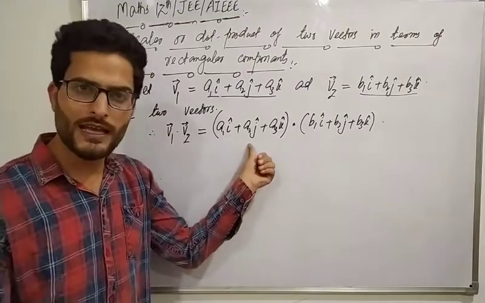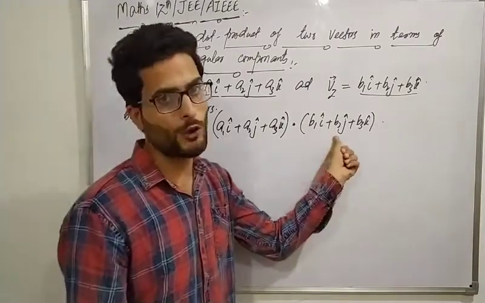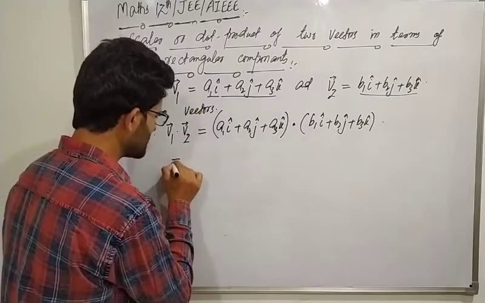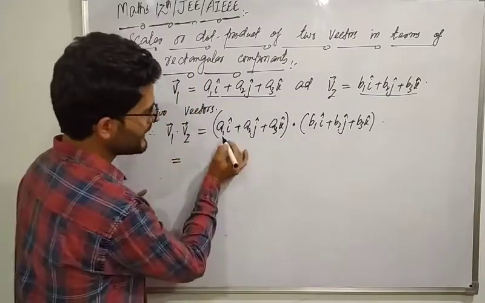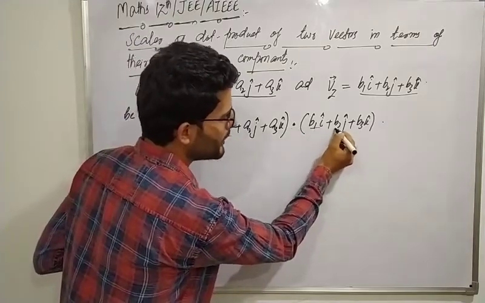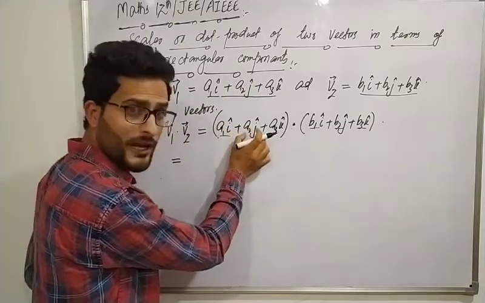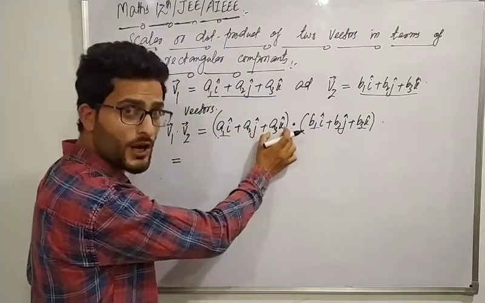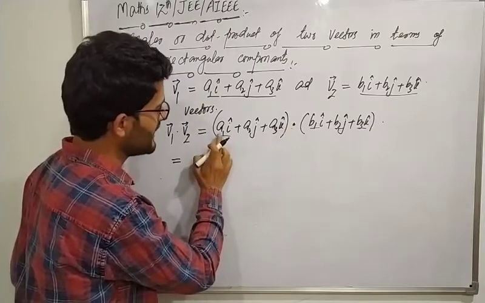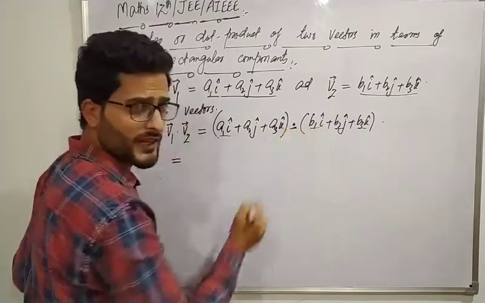कुछ नहीं किया, v1 का अपना वैल्यू पुट कर दिया which has been expressed in terms of its components, और v2 का भी अपना वैल्यू यहां पे पुट कर दिया। So that must be equal to, पहले ये पहला कंपोनेंट जो है a1i, इससे डॉट होगा b1i को भी, b2j को भी, b3k, यानी पहले हम डॉट करेंगे a1i से, बाद में a2j से, और बाद में a3k से डॉट करेंगे। तो क्या आएगा रिजल्ट, a1i डॉट b1i,